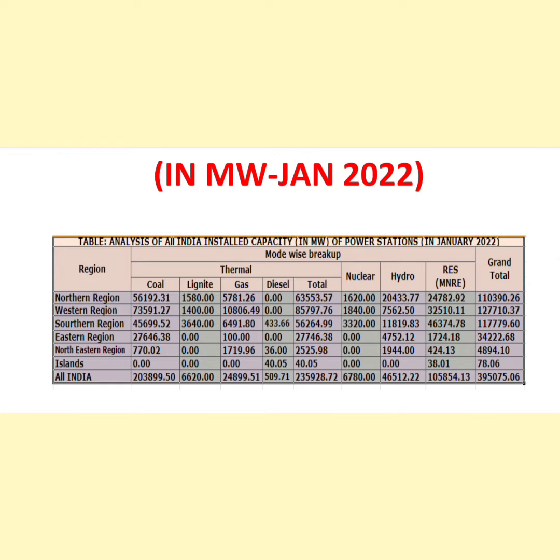There are basically 5 regions. I start with northern, western, southern, eastern, northeastern region, and some islands are there, and there are 4 main constituents: thermal, nuclear, hydro and renewable energy sources. Again, the thermal have 4 different subparts: coal, lignite, gas, diesel. And now coming to the total installed capacity up to January 2022, it is 395 gigawatts, and out of that renewable resources contribution was 105 gigawatts,